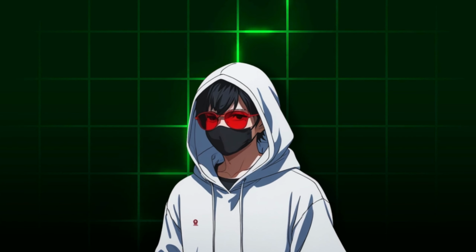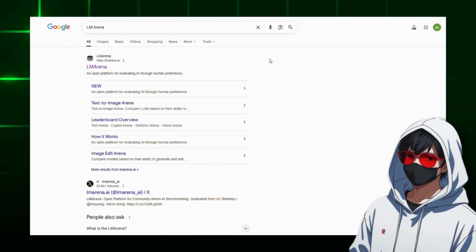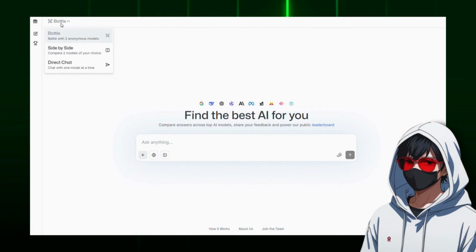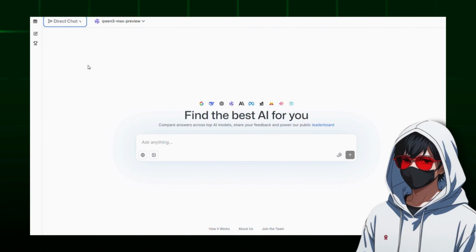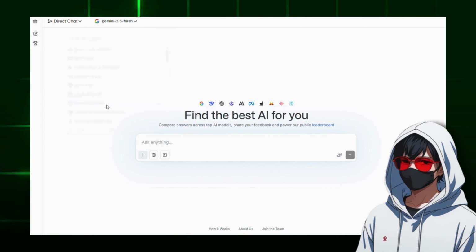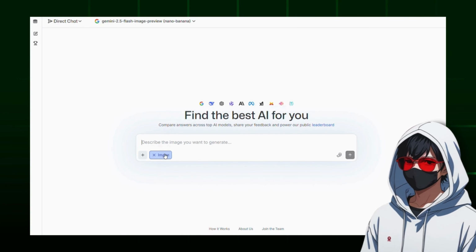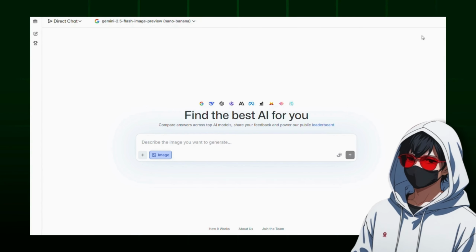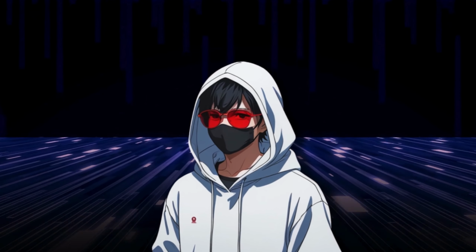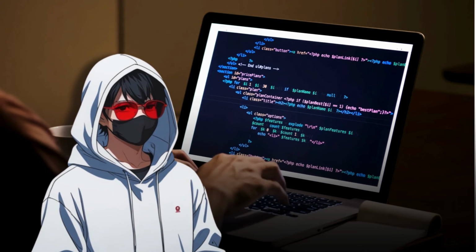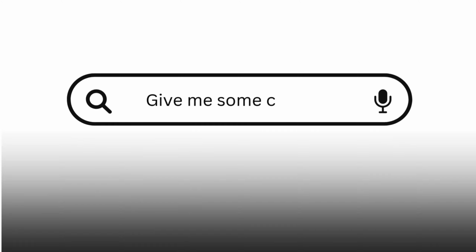Alright, so to use Google's Nano Banana for free, you need to come to this website called LM Arena. Now here we'll go to this option that says Battle, and over there we'll click on the direct chat option. So we have a default model set here, but we will set it to Gemini Flash 2.5 Nano Banana, and we will be able to use Google's Nano Banana for completely free. And all set. One of the best things about Google's Nano Banana is that you don't need to be a master prompt engineer to generate the best output. You can literally write the most normal tone prompt and it will generate the output as you want from it.